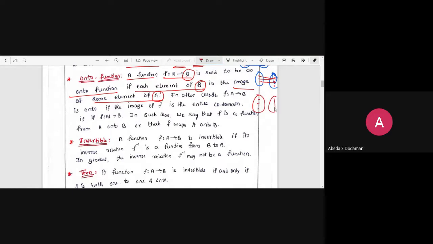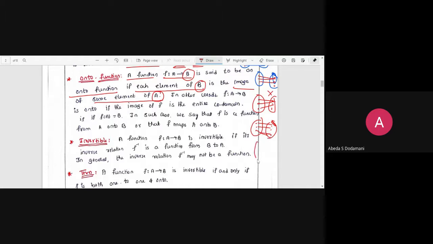this is, because your function is a relation. So here sometimes I used to have this way, right? One is going to this element and this element is going to this element and this element is going to this element. Here one is remaining. If this is happening, then it is not onto. According to the definition of onto function, every element of your codomain must have the image here. Like this. Every element must have the image.